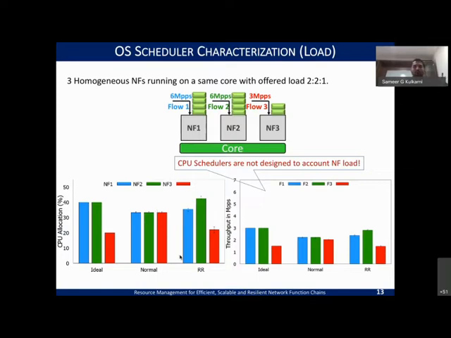So you can observe that in the normal case, regardless of whether an NF had to serve X number of packets per second, all the NFs got the same amount of CPU. While in round robin, you can see there is a variation. Although all the priorities were the same, this NF starts yielding because within its given quota it has no more work to do.